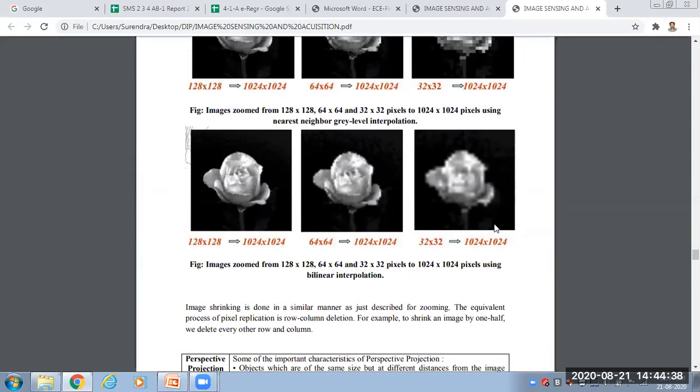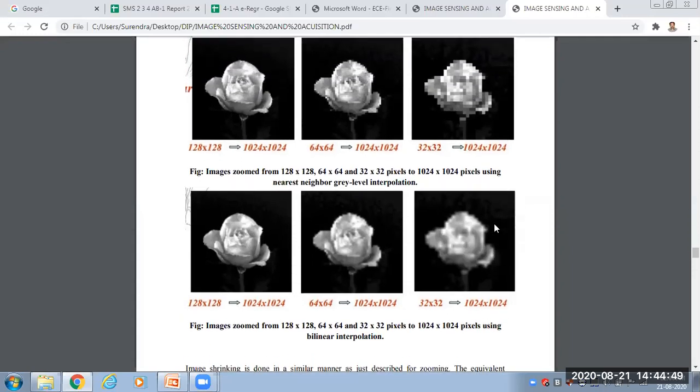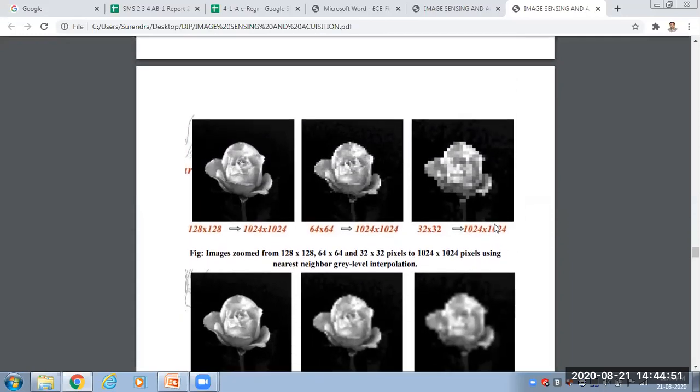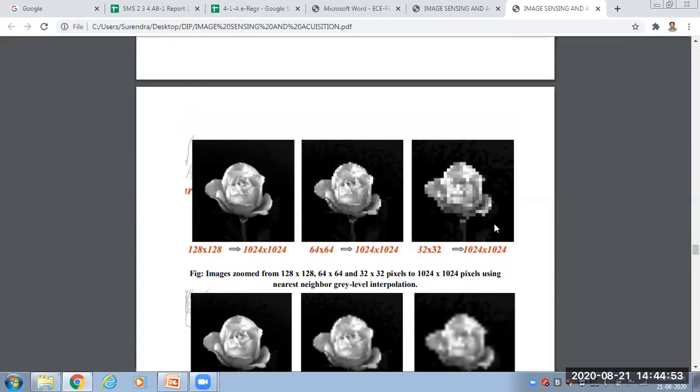And the second one is what are the components involved in our digital image processing. After that, image acquisition, sensing, and quantization. Image acquisition, how we are acquiring the image and how we are sensing. What are the types of sensor elements we are using? Single sensor, strip sensor, line sensor, and array sensors. Like that, how we are going to do.